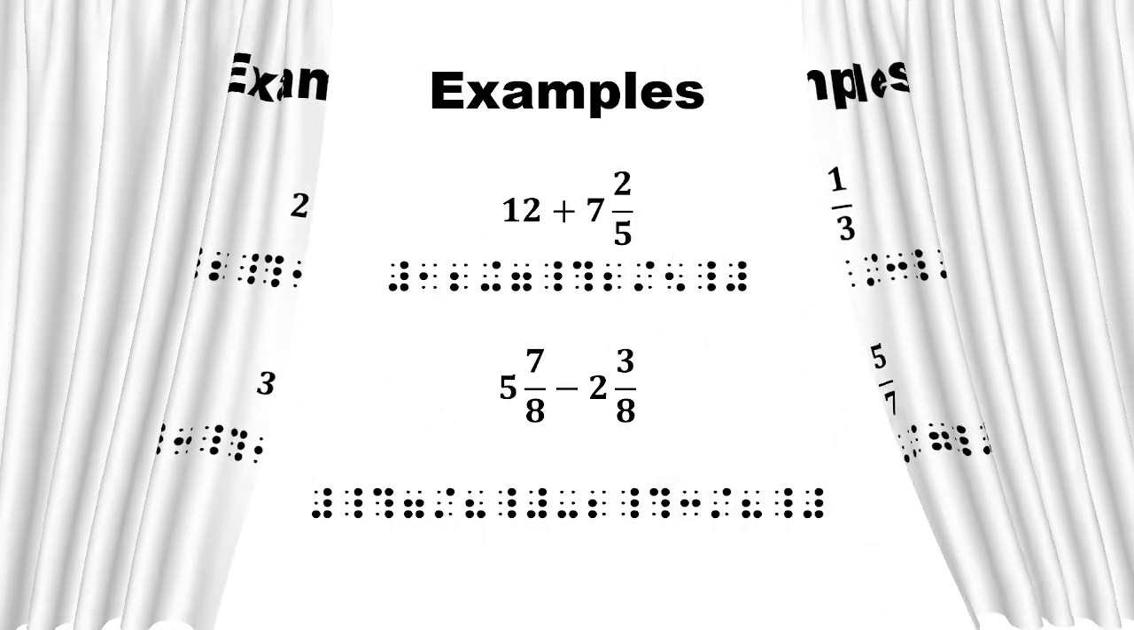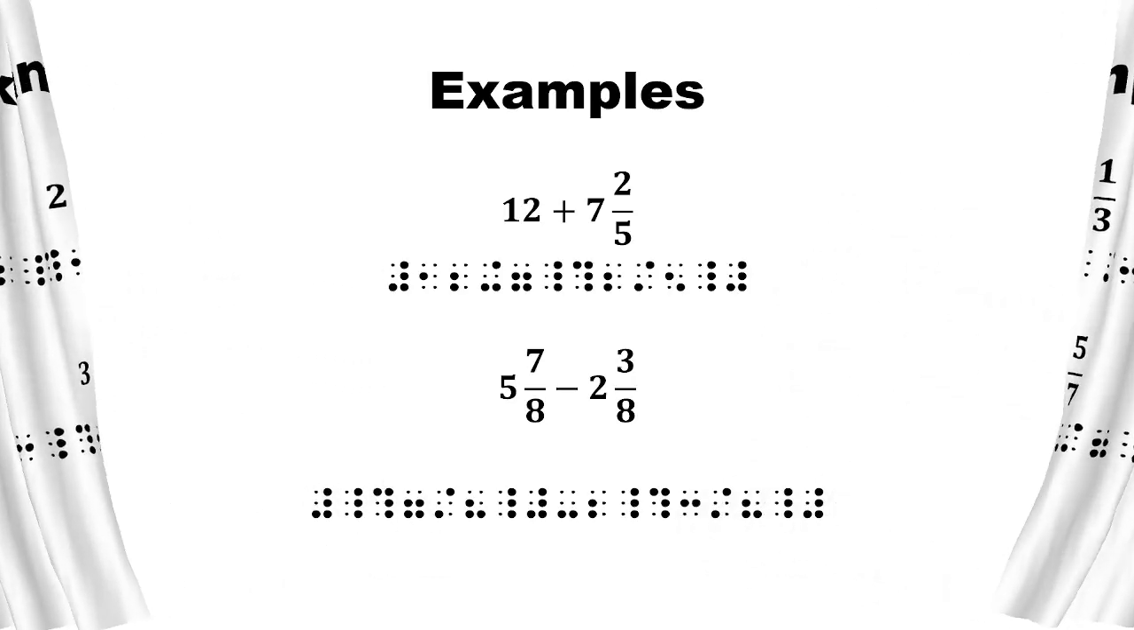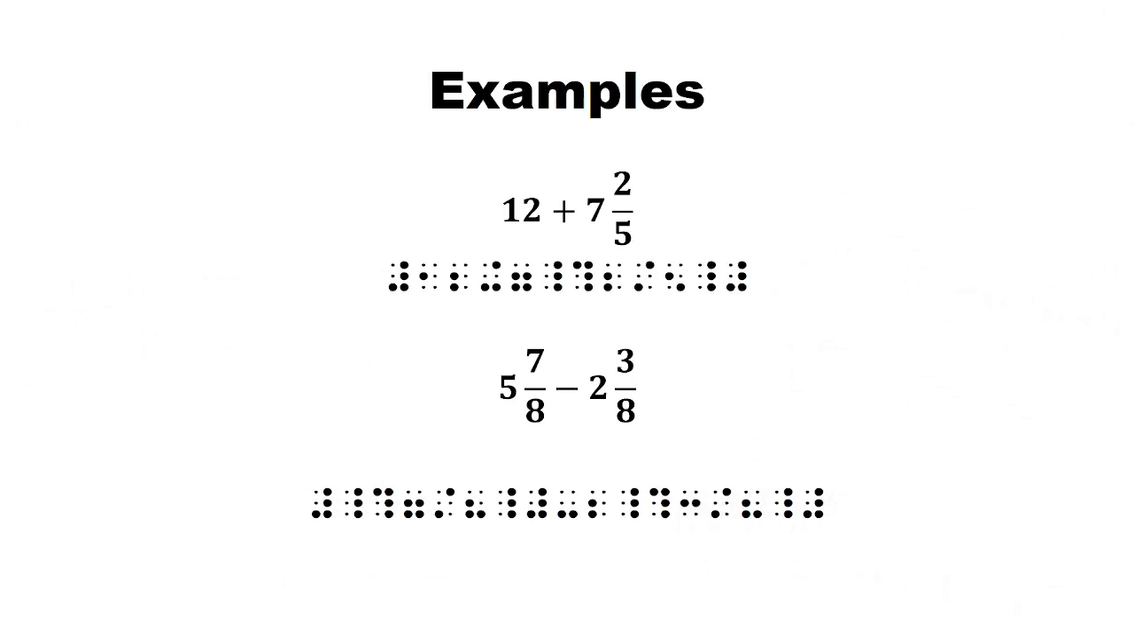Moving on to additional examples. So here we have 12 plus 7 and 2/5. So here we have a whole number added by a mixed fraction. So how do we write that? The same way that we write whole numbers, we write the first addend, which is 12. So we write numeric indicator and then 12, then the plus sign, and then we have